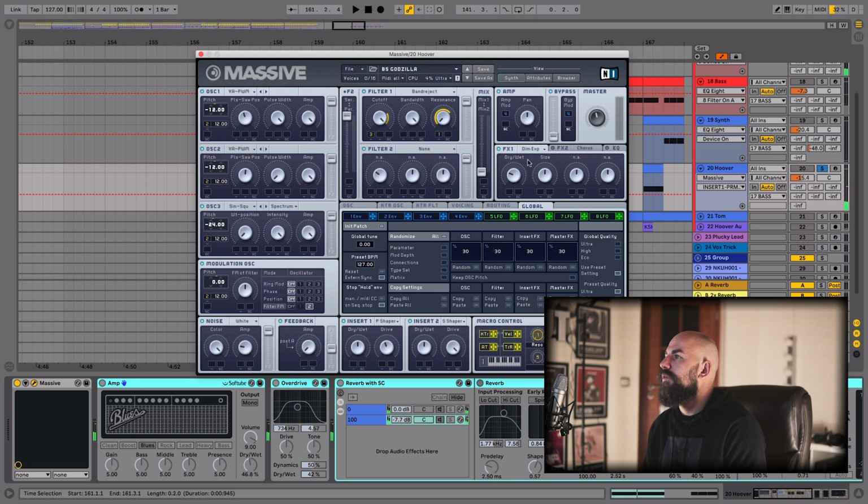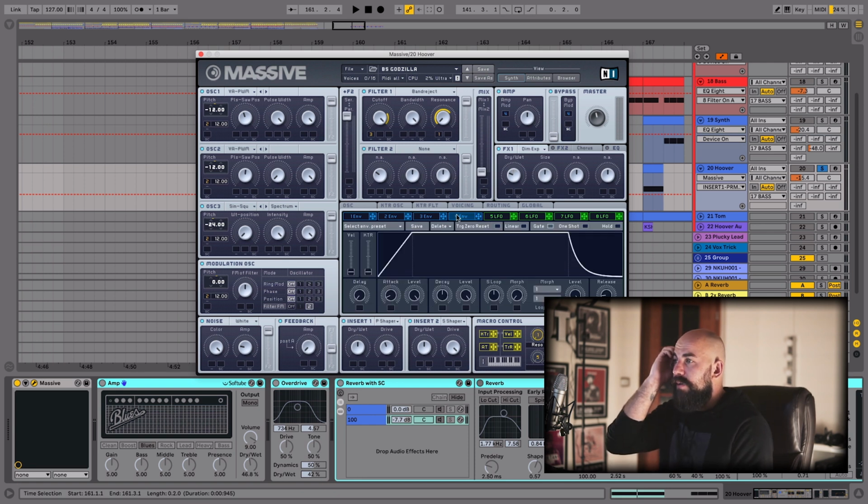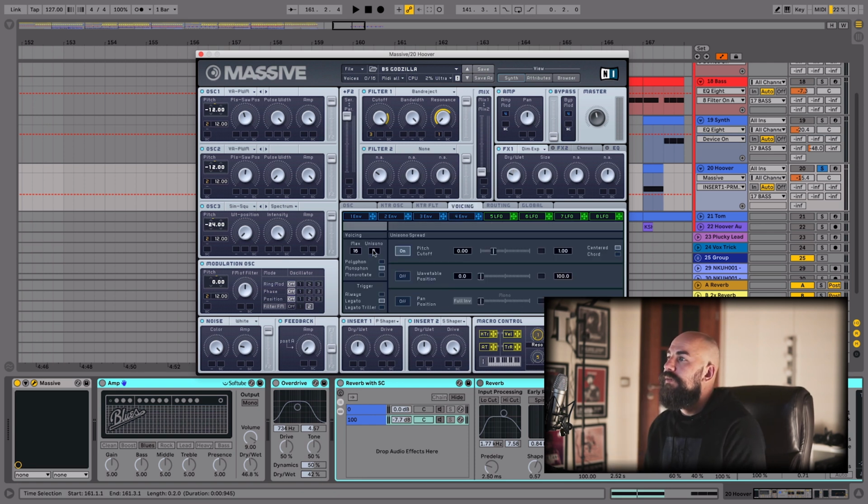This makes the sound really strong. The dimension expander has been used moderately, so like around 25%. This is the envelope of the sound. Voicing, free unisono, and the pitch cutoff have been moved a little bit away, so it creates a more wider